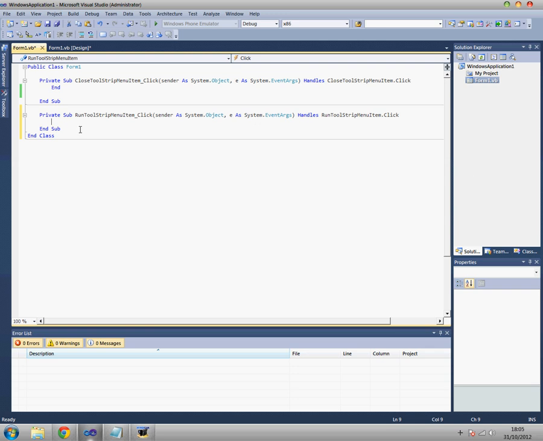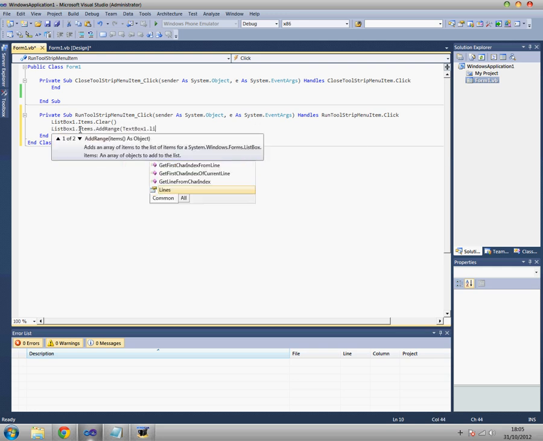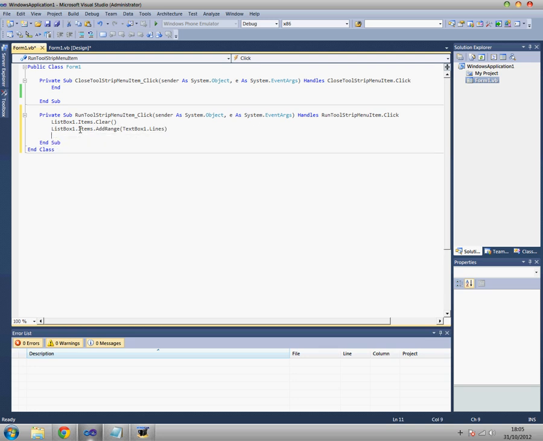The first thing we need to do is clear the list box from the last items that we put in. Next, we're going to put everything that was in the text box into the list box. Now we're going to start a loop for I equals 0 to ListBox1.Items.Count minus 1. Dim testString as String equals ListBox1.Items.Item(I). So that makes the string just take the first item in our list box and test